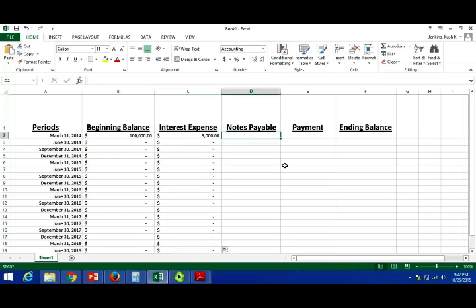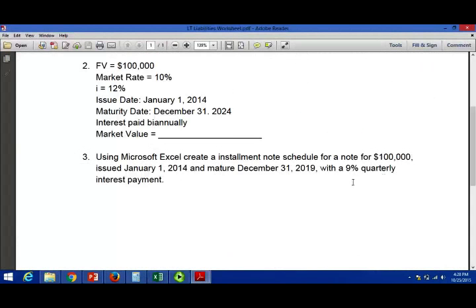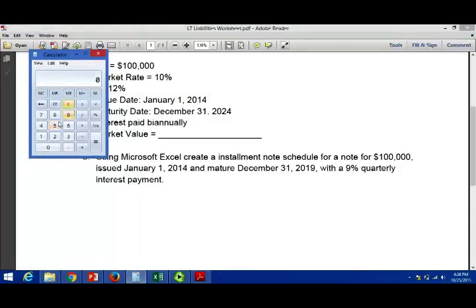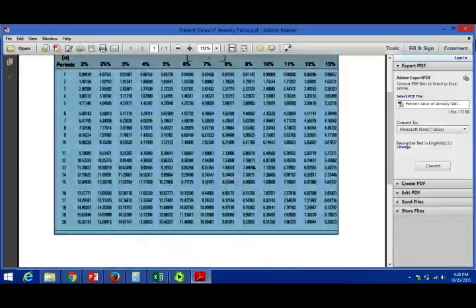Now, the next cell is the notes payable amount, which we're going to skip for a second, and go straight to the payment. The payment is the principal divided by the present value annuity factor. What we have is a 9% installment note, 5 years, and it's quarterly. So 5 years times 4 quarters gives us 20. So we're looking for 20 periods at 9%. If we go to a present value annuity table, we'll see that at 9% and 20 periods the factor is